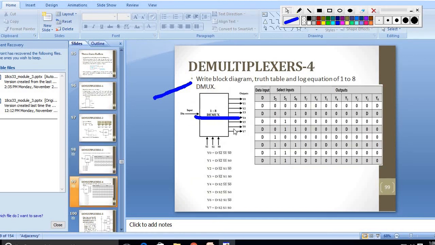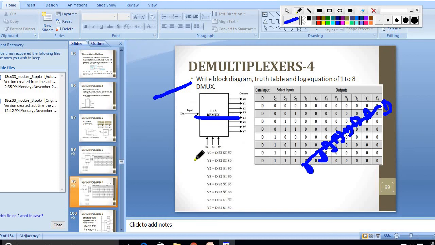This is the 1:8 demultiplexer, the same thing, but in this case there are 3 select lines, 0 0 0 to 1 1 1, which you have to write, and the data input. First, Y0 should be D. It will shift left diagonally, like this. So this part is always D. When 0 0 0, this is D; then 0 0 1, this will be your D; and 0 1 0, this will be your D, like that. The rest are all zeros. Is it clear?